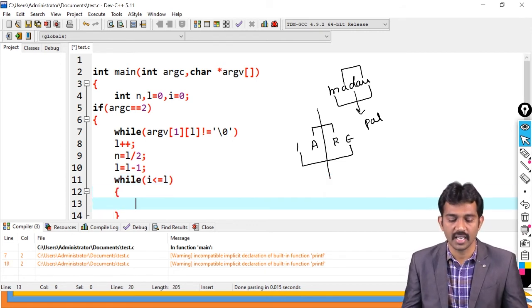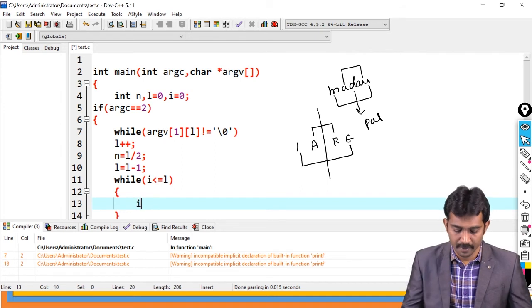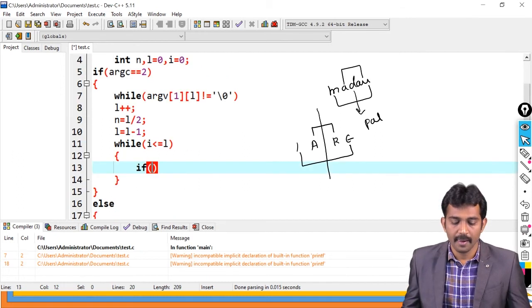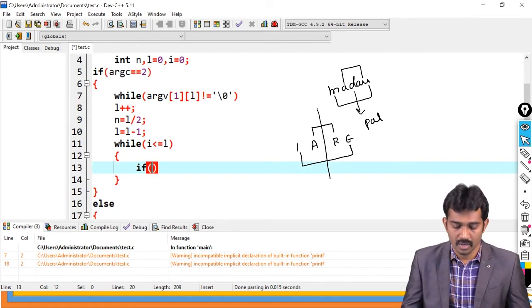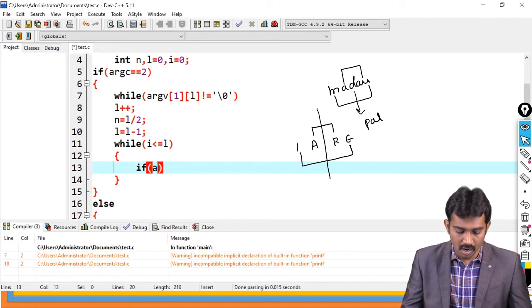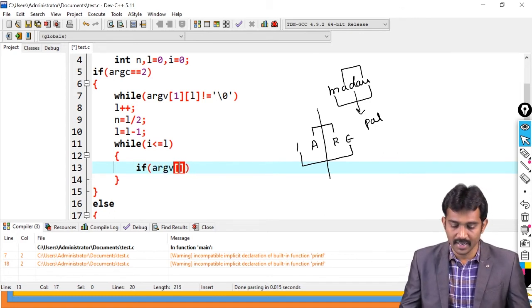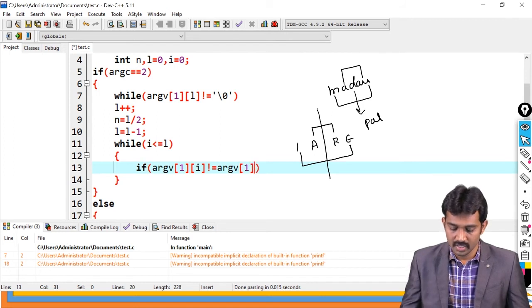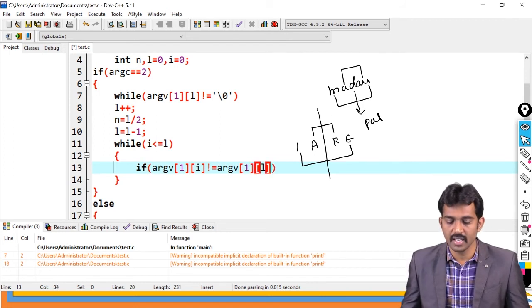The first character and last character. If, please note this, if argv of 1 of I, means the first character, is not equal to argv of 1 of last character. L is the last character.